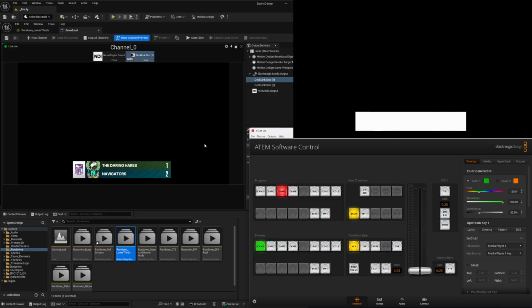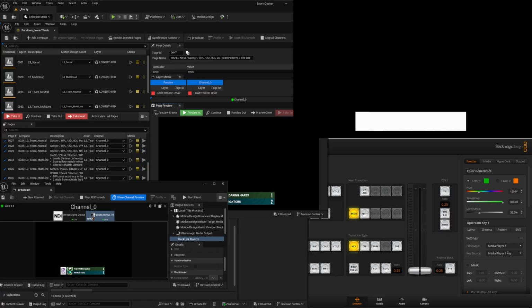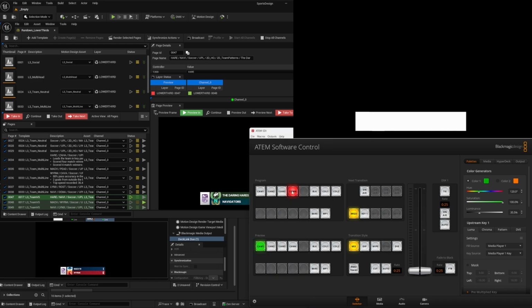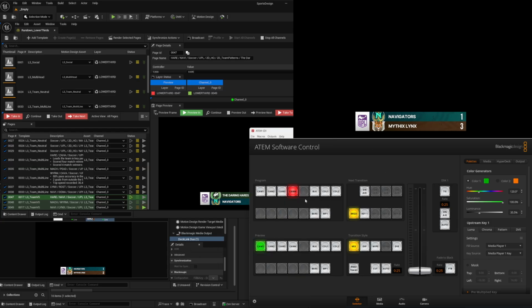And there we go. And if I leave this alpha set, and I'm just going to drag this broadcast here so we can see the broadcast channels simultaneously along with our rundown, and I can just use Take Next to move on to the next page in our broadcast. So Take Next, and we see this goes on both the ATEM as well as the broadcast channel. And just to take a look at the RGB, again, I'll go to cam 4, we can see the RGB, and let's take Next. Okay, great. So the graphics are playing out into the ATEM itself, but so far we've only been looking at